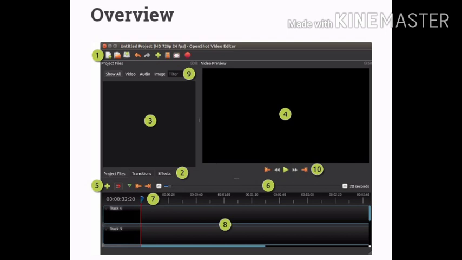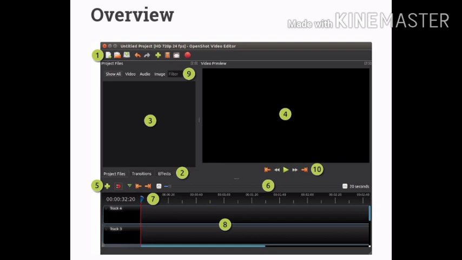Number 8 represents the number of tracks. This software is actually based on multiple layers, and the lower layer will be in the below section, and the top layer will actually render first, and it will cover the lower layer.